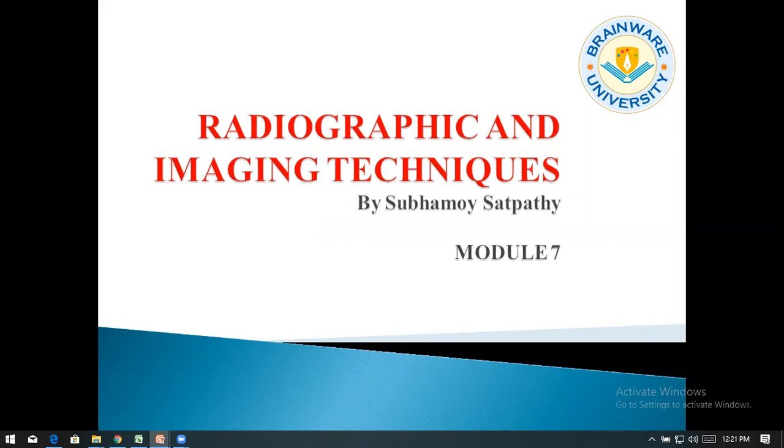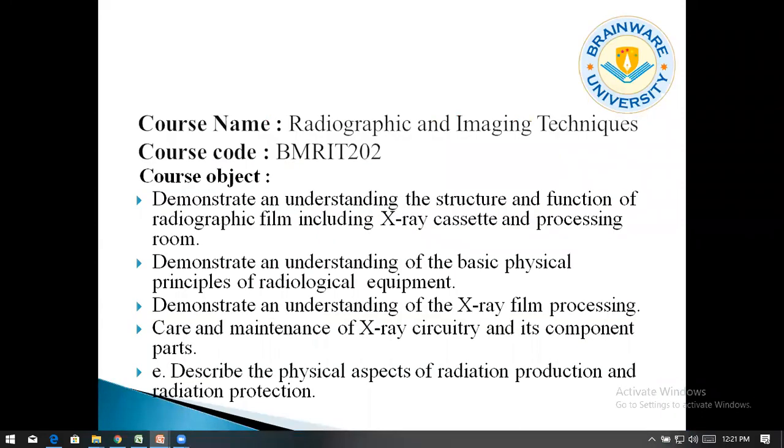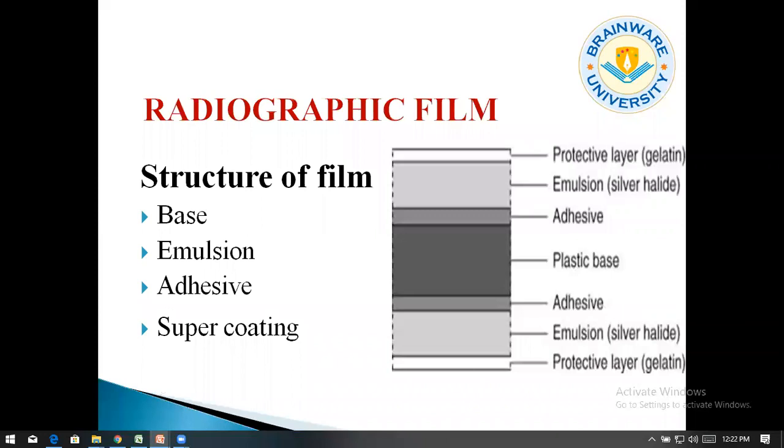Today I'll discuss a topic from your subject, Radiographic and Image Technique, BMRIT 202, which is your course code. From Module 7, I'm going to discuss latent image formation. Before starting the topic of latent image, some things should be clear,